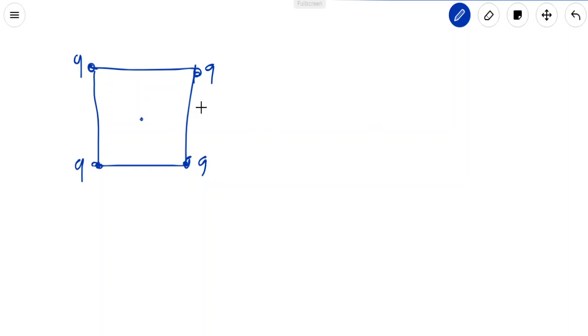Just go back to our discussion of force. What we have discussed in the force, the force on the charge placed at the center is 0. You remember, if we put 4 charges, 5 charges, or say identical charges on every corner, then the force on the center will be 0. Exactly like that, here the electric field will be 0.